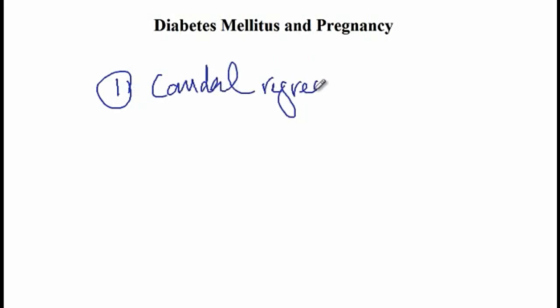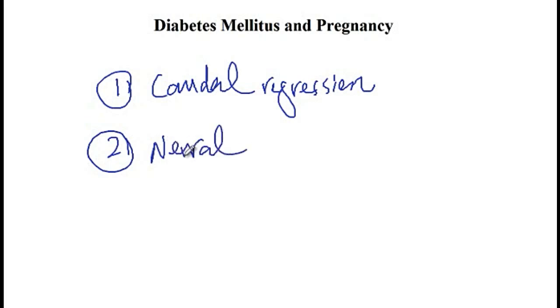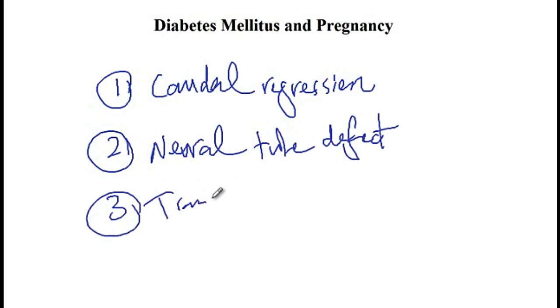Children of diabetic mothers can present with serious complications if the blood sugar during pregnancy is not well controlled, and these conditions include caudal regression syndrome, where the sacrum and part of the lumbar spine is missing. It can also cause neural tube defects, such as anencephaly, and finally it can cause transposition